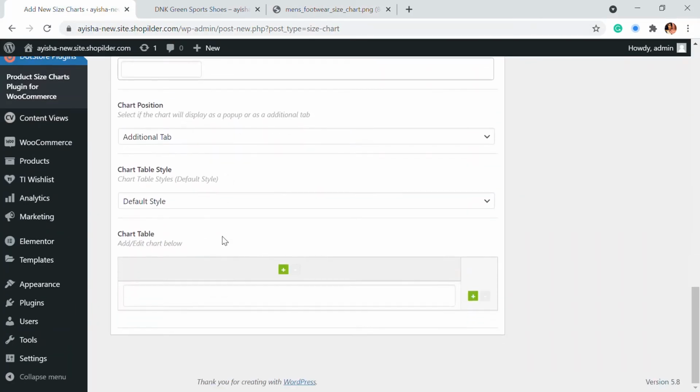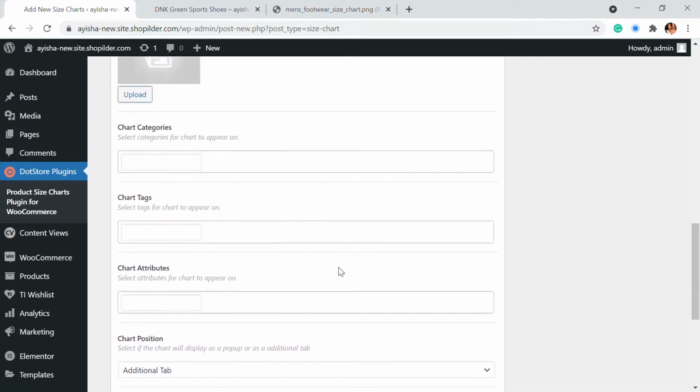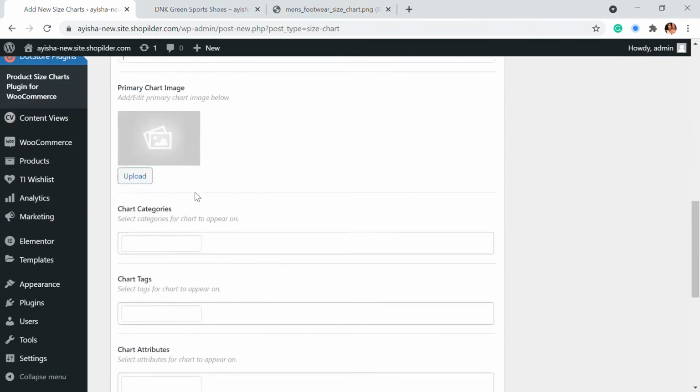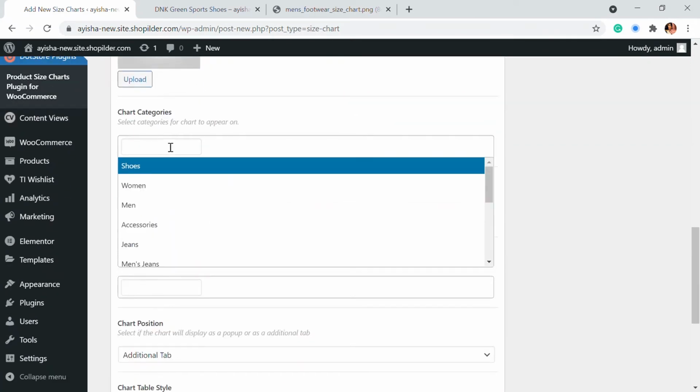Otherwise what you can do is create a custom table. So if you have a custom sizing that you are following, let's say you have the width or length or anything that has been followed differently, you can use a custom table for that as well. So here first you can have a label, you can add the categories for which this should be appearing.